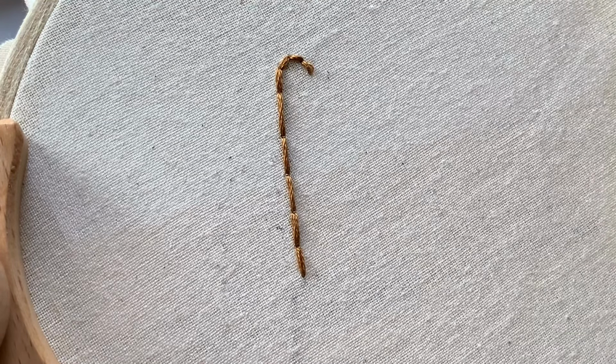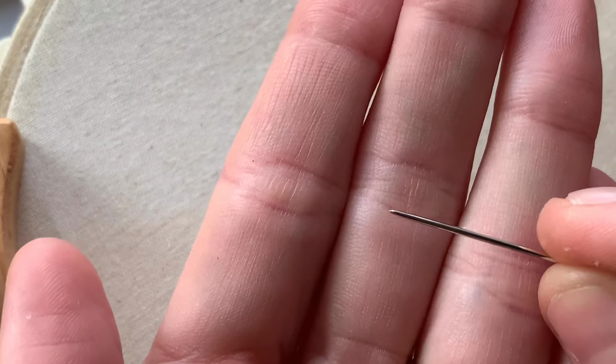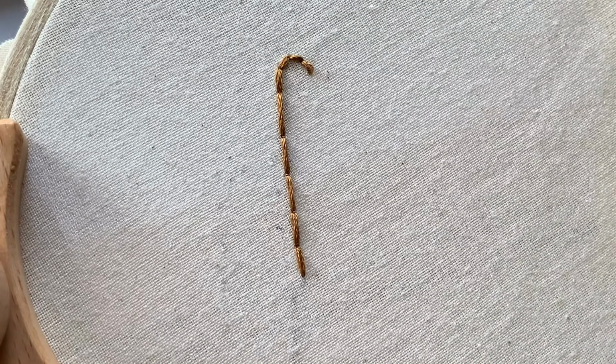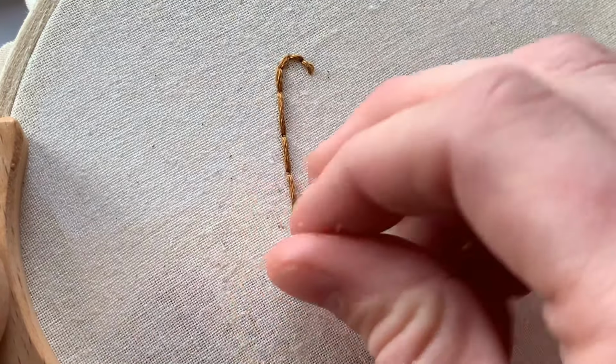In order to do this stitch, you'll want to have a needle that has a blunt tip on the end. It's also called a tapestry needle, and this will be ideal because you're going to be working underneath the stitches you already created, and if you use a sharp needle, it might snag the fabric or the stitches that you already created. So you're going to start out coming up right next to the first stitch that you created,